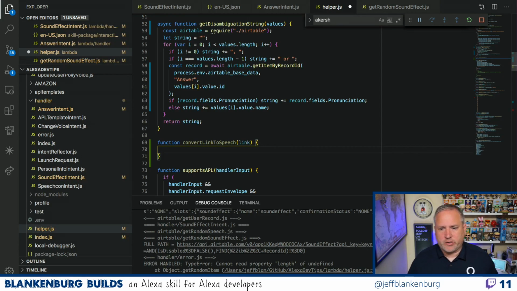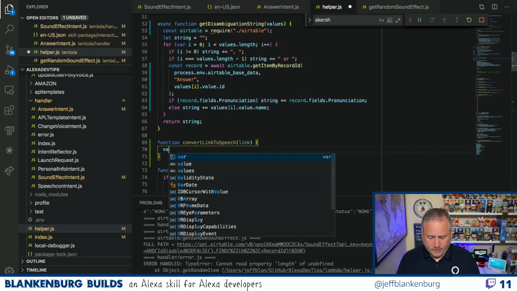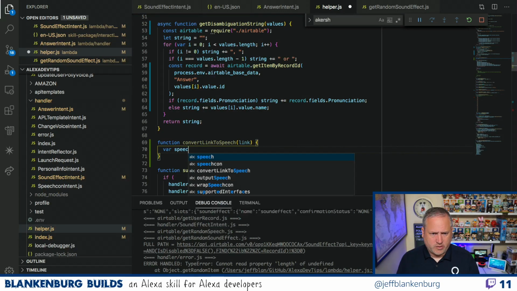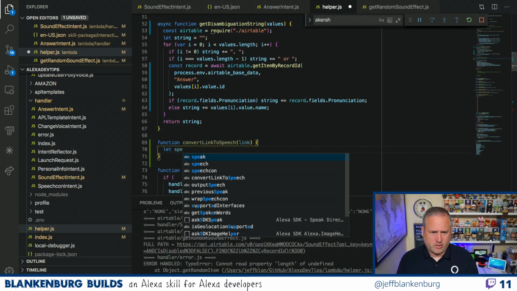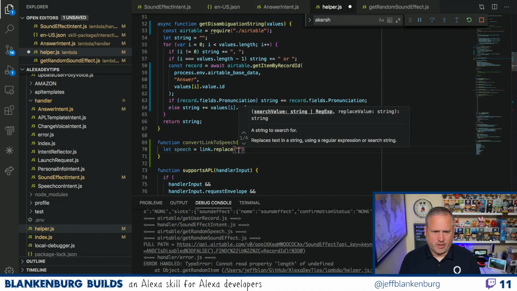So the first thing we're going to do is that every URL is going to have an HTTP or an HTTPS. So we're going to get rid of those first. So we're going to say let speech equal link.replace, and we're going to get rid of http://.